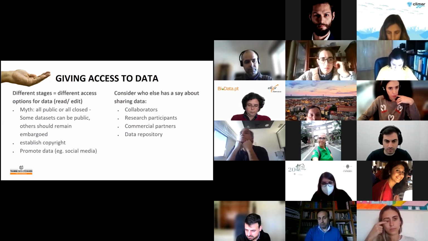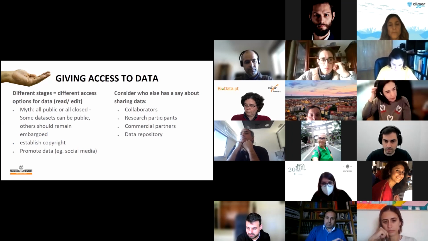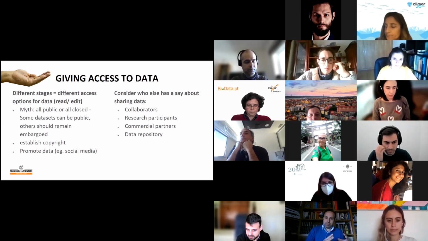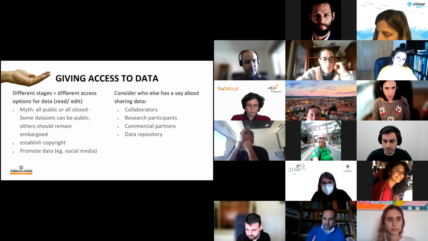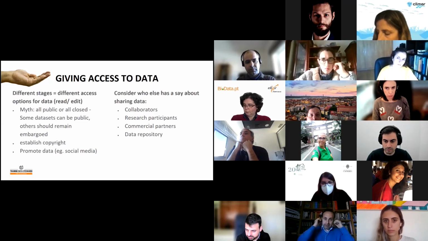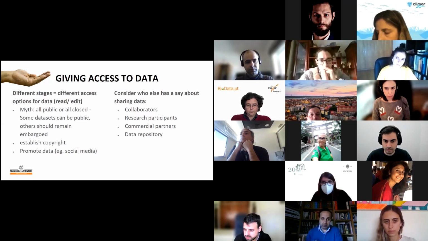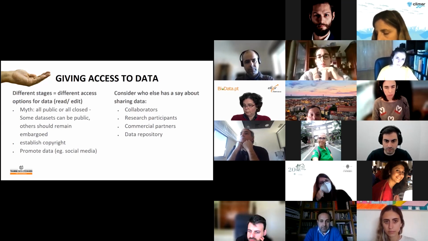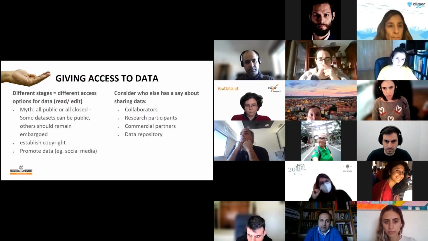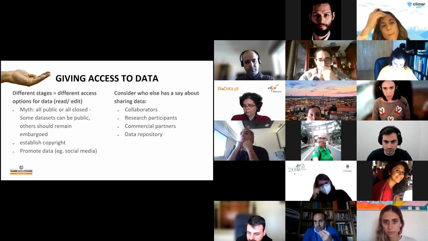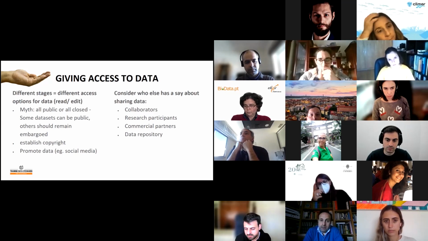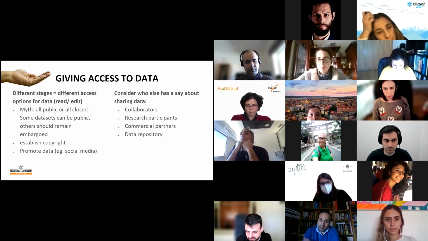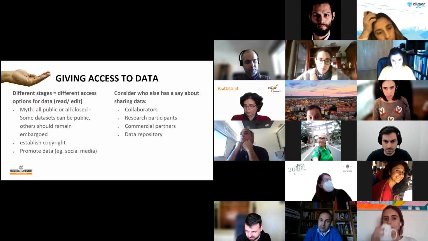Not all data that I want to publish needs to be made publicly available, so we can publish the metadata and keep the files closed or embargoed. We can also make different kinds of access rights, as I already said, but also different kinds of licenses